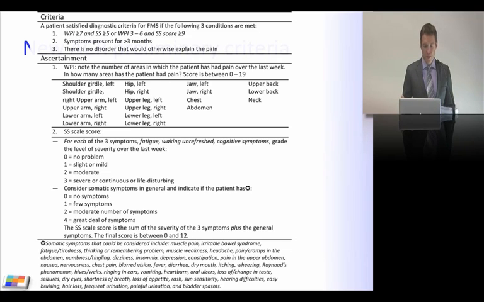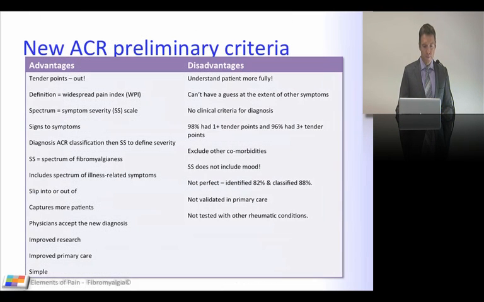And then there's the fourth aspect, general symptoms, that you can grade as well. If you have a look at the general symptoms, these somatic symptoms that they could present with that may give them additional points, you've got symptoms ranging from muscle pains, irritable bowel syndrome, to remembering problems, depression, blurred vision, diarrhea, itchy, wheeze, ringing, vomiting, heartburn, and the list goes on. And this just shows you how heterogeneous this condition is.